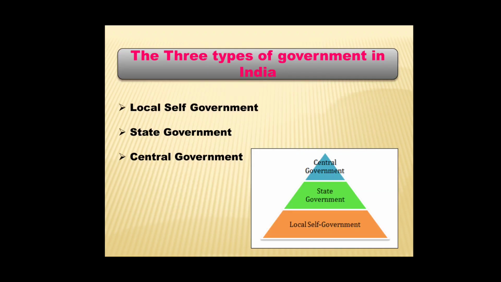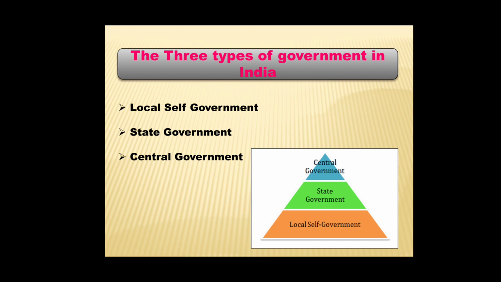Three types of government in India. The three types of government in India are local self-government, state government, and central government. Local self-government is at the lower level, then the state government, and the central or union government is at the higher level. Suppose I give you one simple example: if I need to solve some problem, the